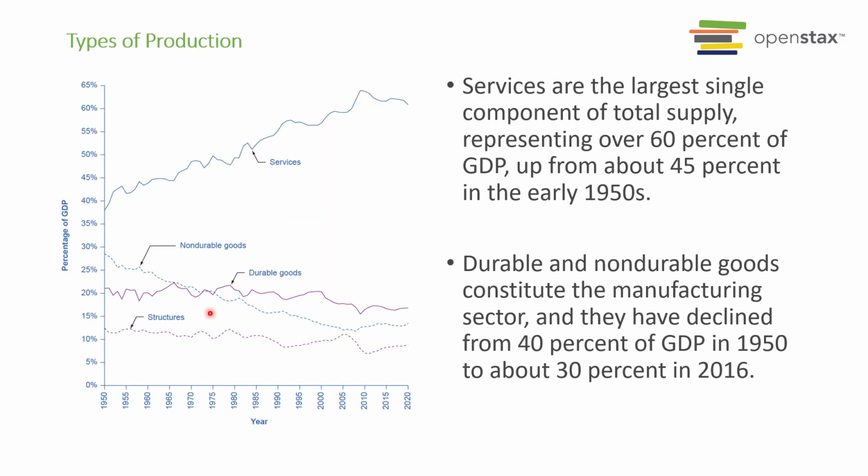Now here, this picture is what the slices of the pie look like over time. And unlike the demand side, here you can see that the economy has gone through a sort of evolutionary process, where the two things that juxtapose themselves a lot are the trajectory of services and the trajectory of non-durable goods. Once upon a time, I guess we used to make a lot more clothes than what we do now. But to find some clothes that are produced in the United States nowadays, you're going to spend a pretty penny